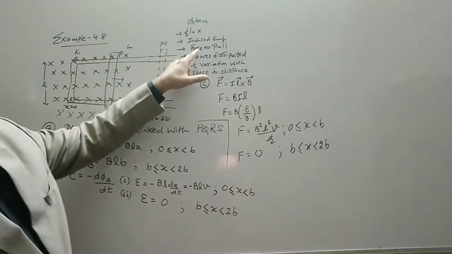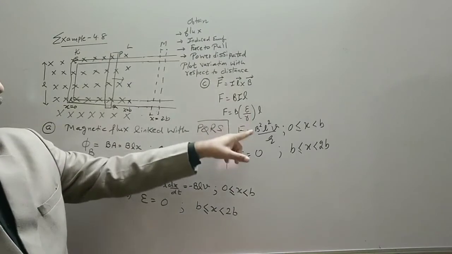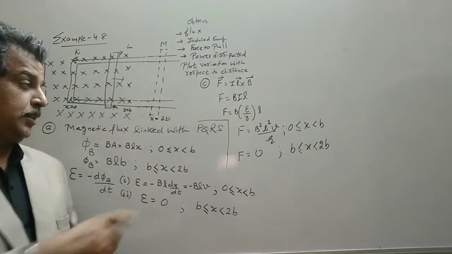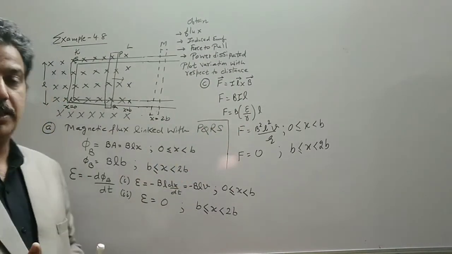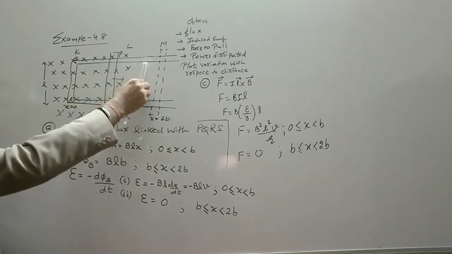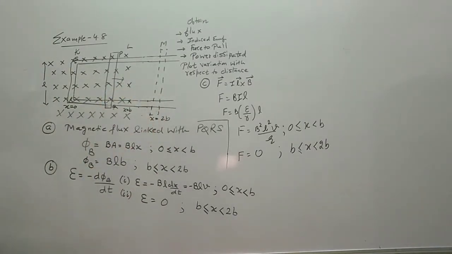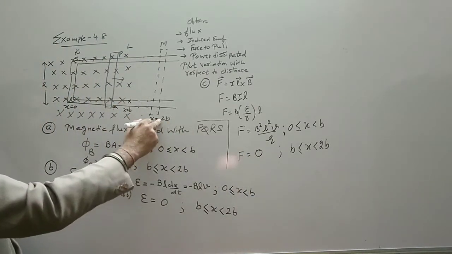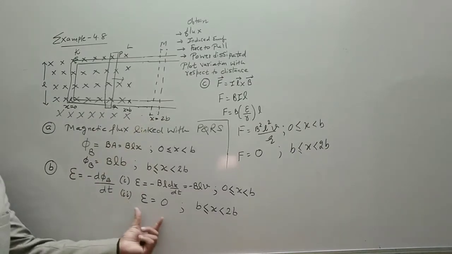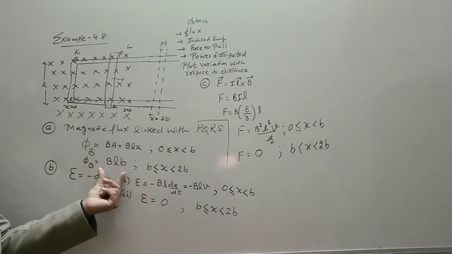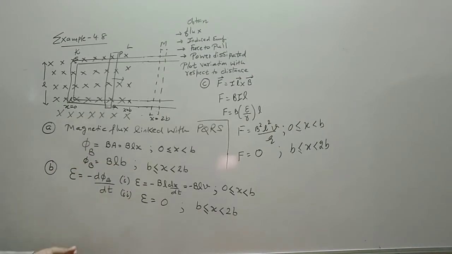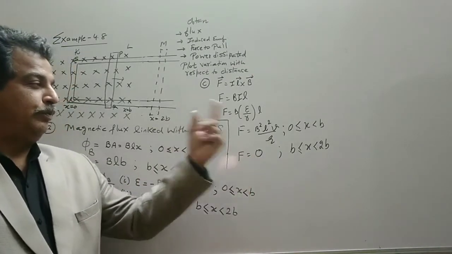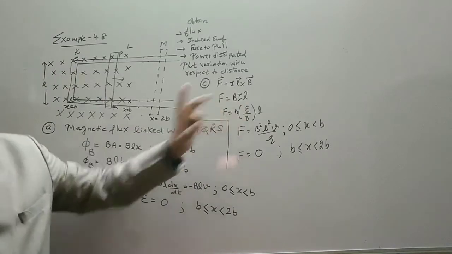So if I have to write the force to pull, there should be a negative sign because this is the Lenz force which opposes the motion. And beyond this point, you don't need any force because EMF is 0, so current is reduced to 0 in this situation also. So from B to 2B, the total EMF induced is 0, but the magnetic flux is constant. So the force also becomes 0 because your E is 0.